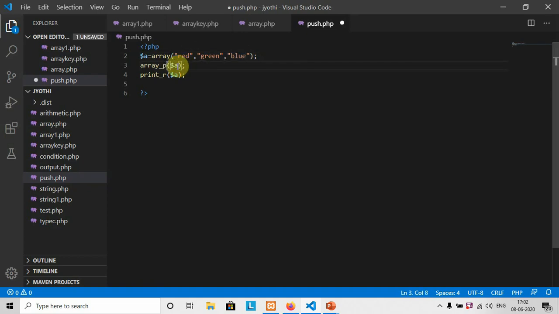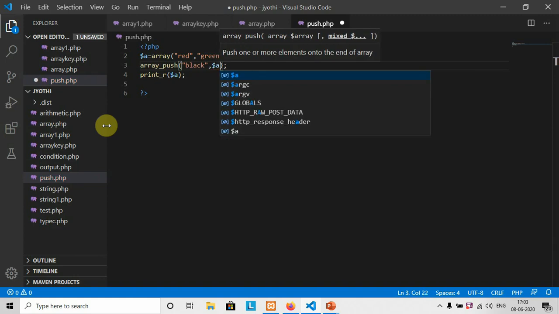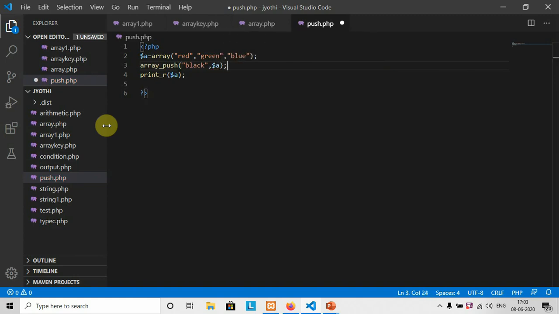That is what we have, the push element. We already discussed it. To push an element we need to specify the value. So here I am going to add black, you can see that. And then I need to specify the name of this array. What is the name of the array? It is $a. So will it work? Let me check.